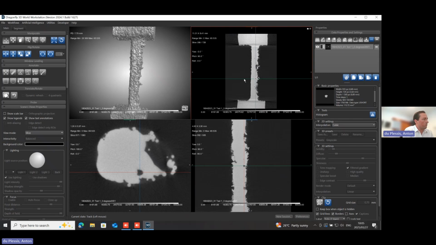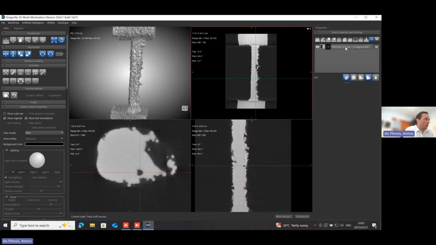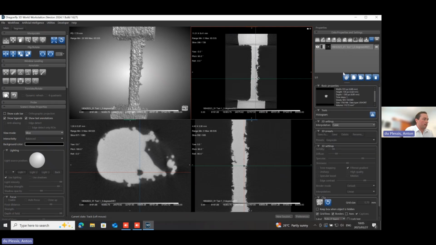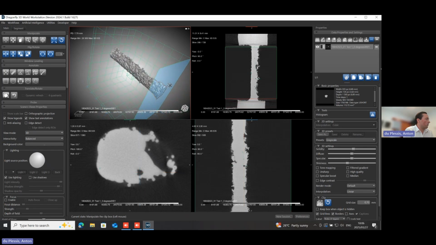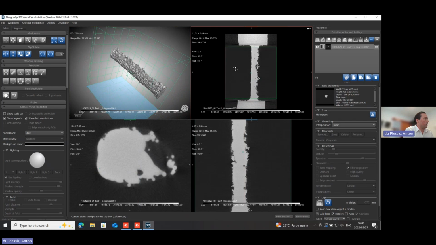We're only interested in the porosity in the gauge length in the central section. So if you have clicked on a data set on the right-hand side, there's a clipping box that you can access, and you can use this clipping box to cut away some of the sample. This is for visual representation only, but I will demonstrate to you how to use this box to crop the data to a smaller and new image data set that we can then use for analyzing the porosity.